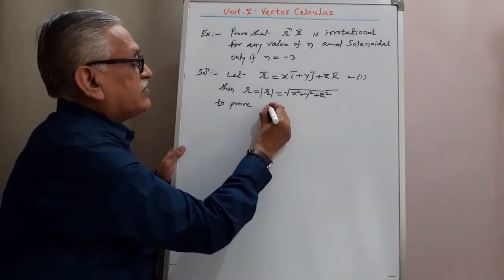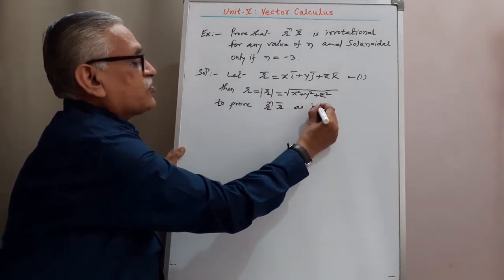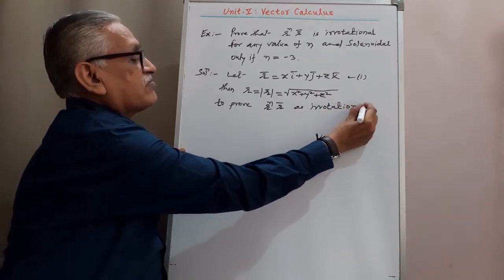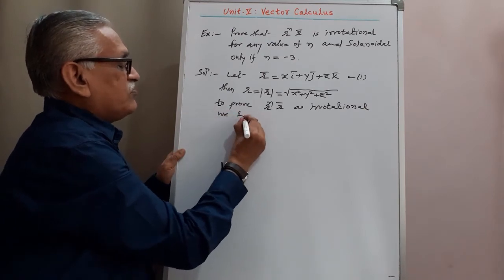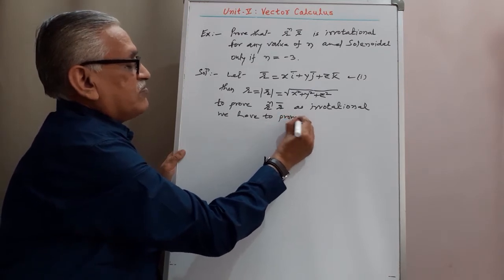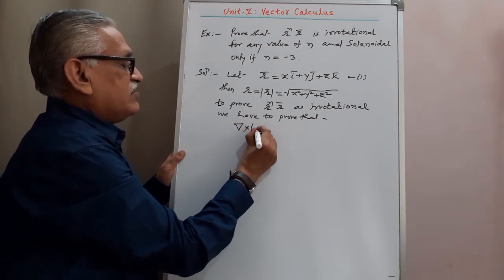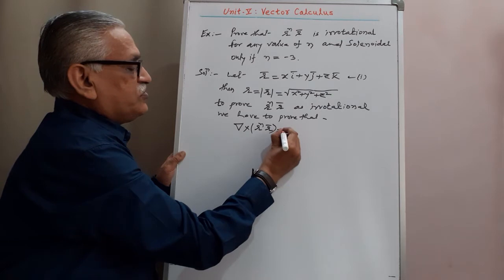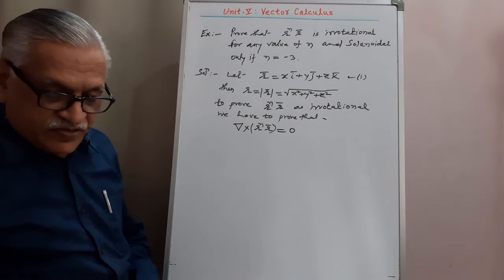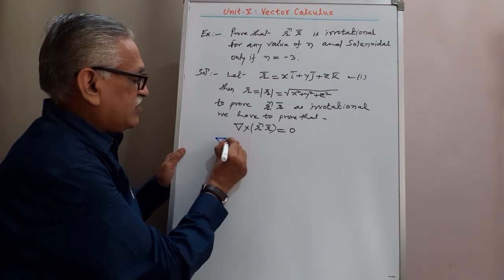to prove that r raised to n into r bar is irrotational, we have to prove that curl of r raised to n into r bar is 0. And therefore, to obtain the curl of this, we use this standard result: del cross, means curl of